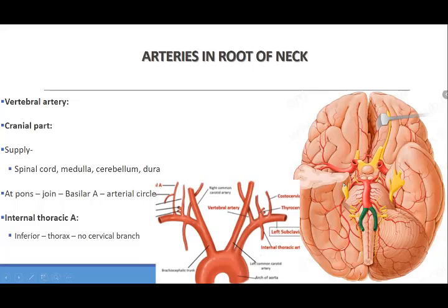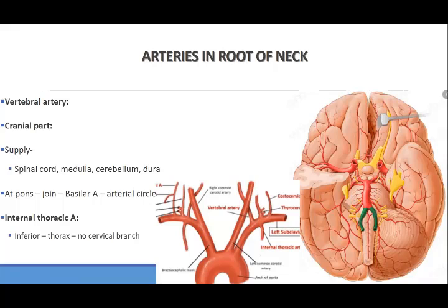ये fifth cranial nerve है, trigeminal, emerging from the surface of the pons. ये देख लीजिए, trigeminal की 3 branches. बहुत अच्छी drawing है. ठीक है? This is not taken from your book. ये नेट से ली गई है. अब ये vertebral artery आप देख लीजिए